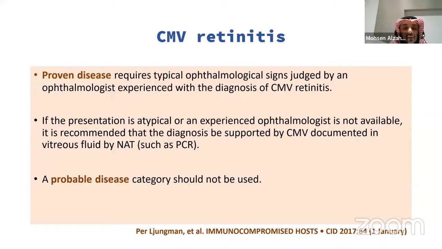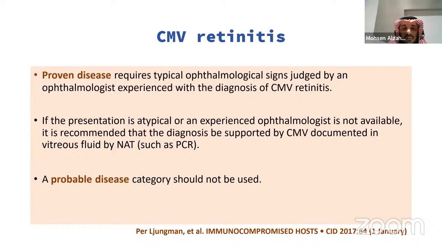If the presentation is atypical or an experienced ophthalmologist is not available, it is recommended that the diagnosis be supported by CMV documented in vitreous by PCR. The probable disease category should not be used, so we should confirm the diagnosis before starting treatment, because the treatment, in addition to the systemic treatment, usually includes a local injection of